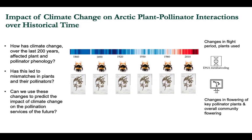So we have some Erasmus intern students at the moment who have spent many hours coding plants from the digitized specimens to see whether they were in flower or not, and relate that to the year the plants were collected. We can also potentially do genetic studies going way back in time with these herbarium samples. We have good samples of bees and flies, which also go back in time. And we can also potentially take pollen from the bodies of those and metabarcode that to see what plants were